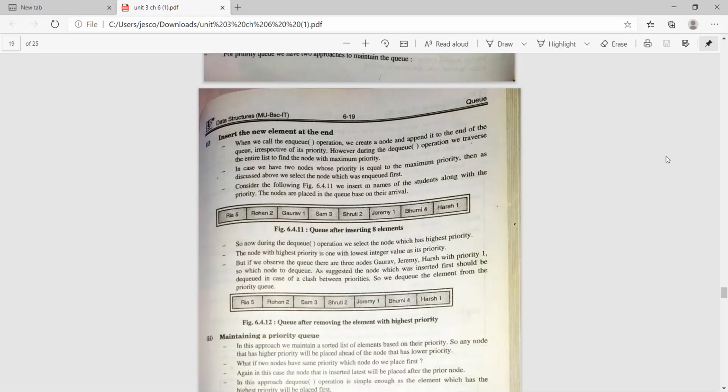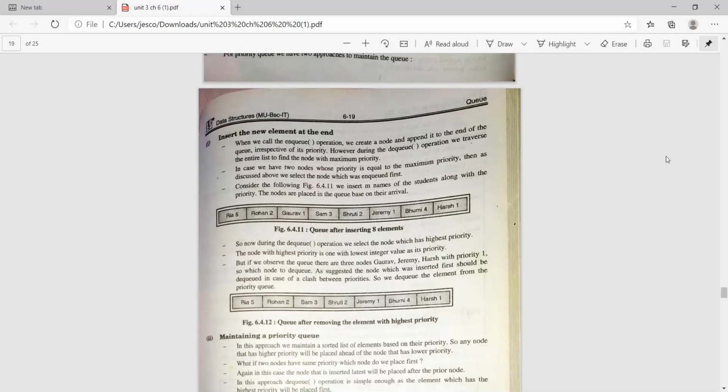So in this case we have two nodes whose priority is equal to the maximum priority. Then, as discussed, we will select the node which was enqueued first. So consider the example: Riya is 5, Rohan 2, Gaurav 1, Sam 3, Shruti 2, Jeremy 1, Bhumi 4, and Harsh 1.